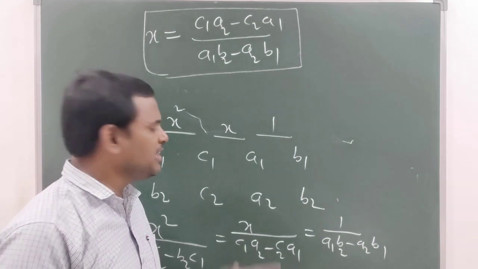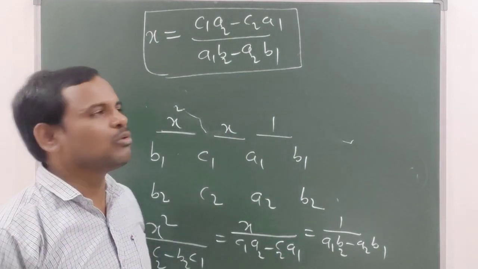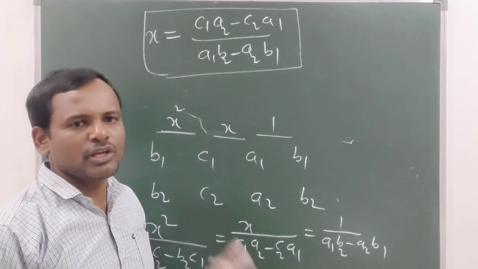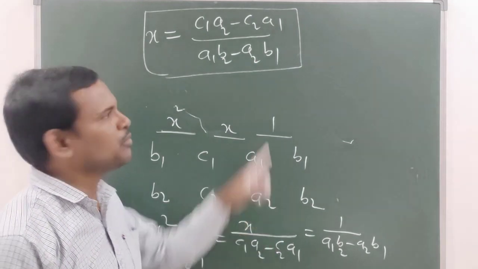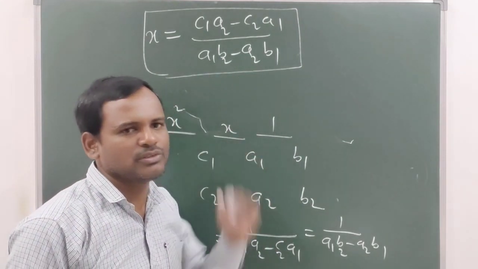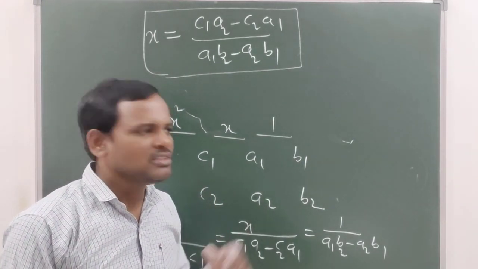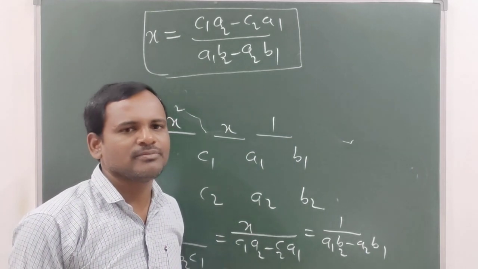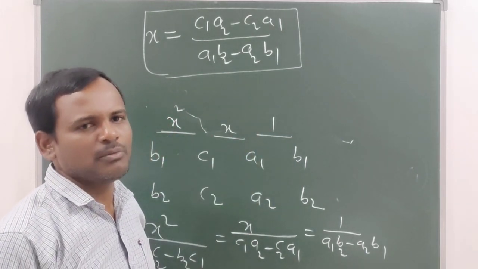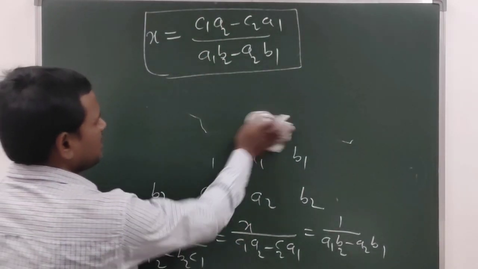You know, we get a common root whenever this denominator is not equal to 0, that is, a1b2 − a2b1 ≠ 0. If the denominator is 0, we don't get the common root. Observe that. Sometimes they may ask us to find only the common root, just to solve them and identify. Otherwise you can use this direct formula for the common root. So we have got the common root.